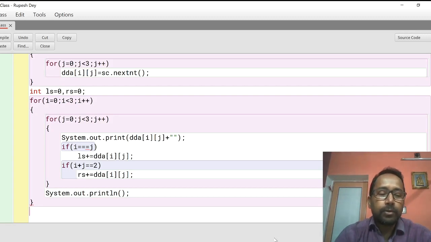Now what is left? We will display the value of ls and rs with a message for displaying the left diagonal elements sum and right diagonal elements sum respectively.